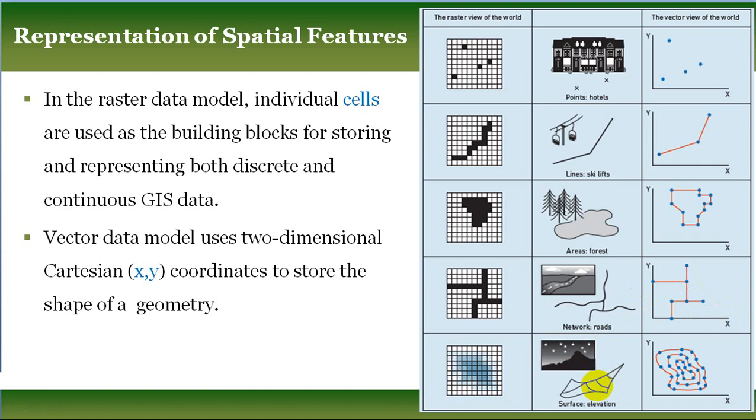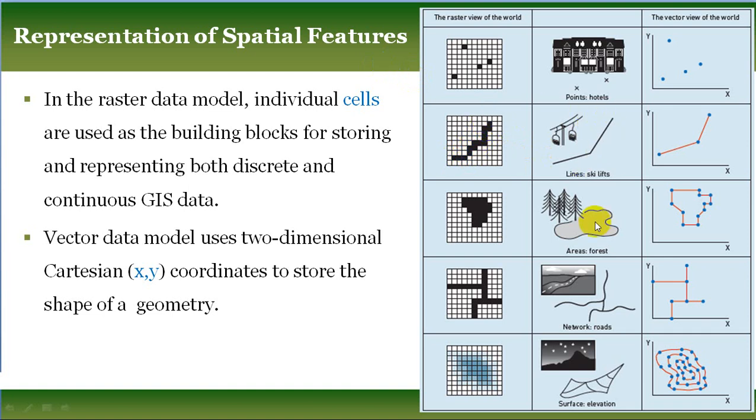So as per this figure you understand, here hostels are modeled by single discrete cells. Suppose 4 or 5 hostels are there, they are represented by 4 or 5 discrete single cells. If you see the roadways or the ropeways, these ropeways are modeled by linking cells into lines. As you can see, all those cells are linked with each other. It creates a line type of shape which represents these skylines.